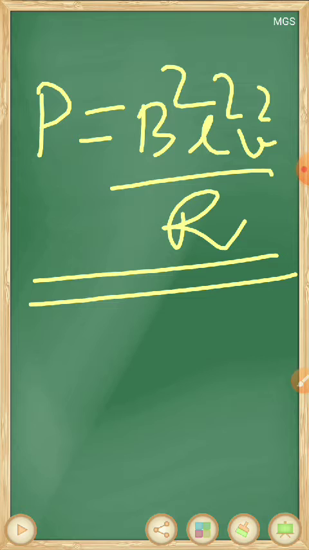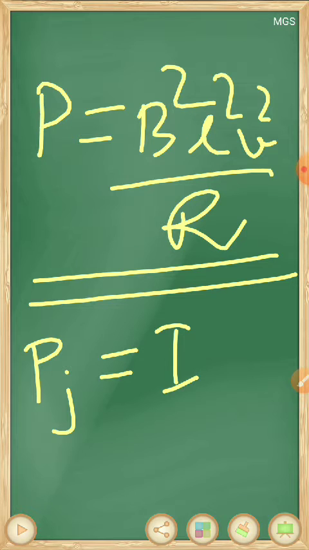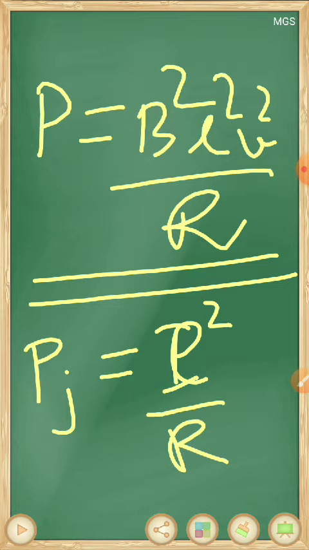Now let us find out the heat that is produced across the rod PQ due to the induced current. So heat produced per unit time is I square R, or you can write E square by R, into t. So time is 1 second, that is power. And in place of E, write the value. Induced EMF is BLV.